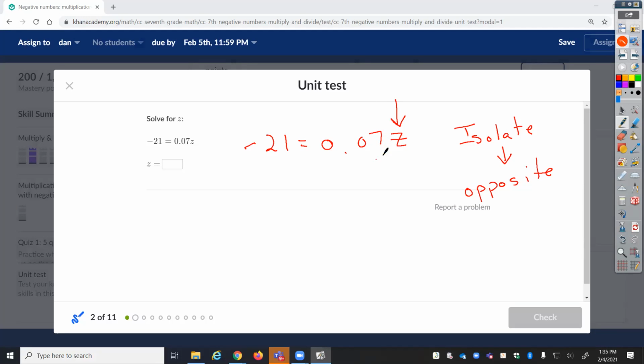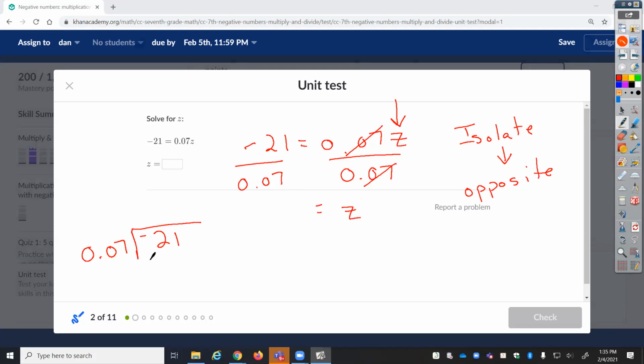They're multiplying. So what's the opposite of multiplication? So this is what you guys are going to get: 0.07. You must divide that to both sides. This will cancel out. So therefore, we have z is equal to negative 21 divided by 0.07. So we have negative 21 divided by